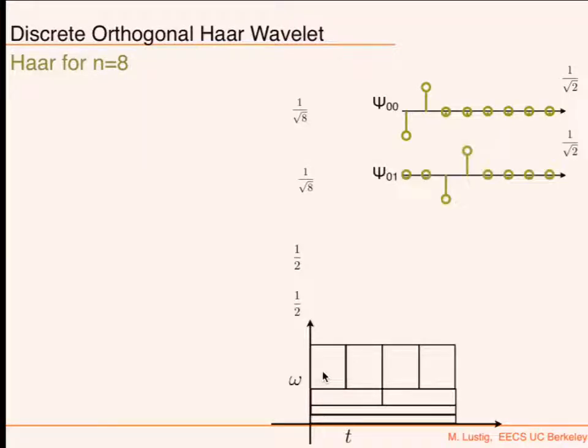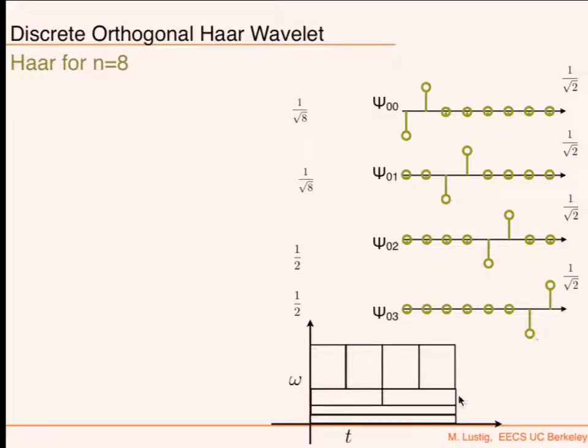And now I'm talking about orthogonal Haar wavelet, discrete orthogonal Haar wavelets. So orthogonal means that they don't overlap. So now it's a function that looks like this, okay, where it represents high frequency at around this position, corresponding to this one. Now here is high frequency at this position, corresponding to this one. And then this one corresponds to this one. Okay? So now this is the first scale that I'm going to be computing.